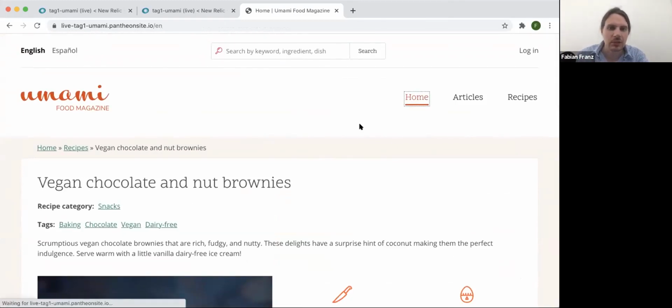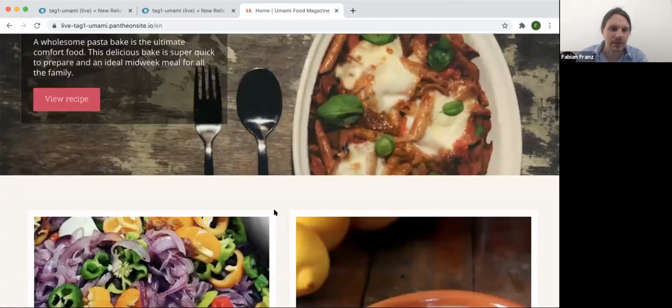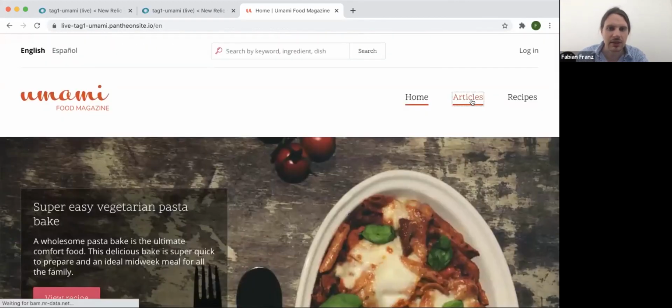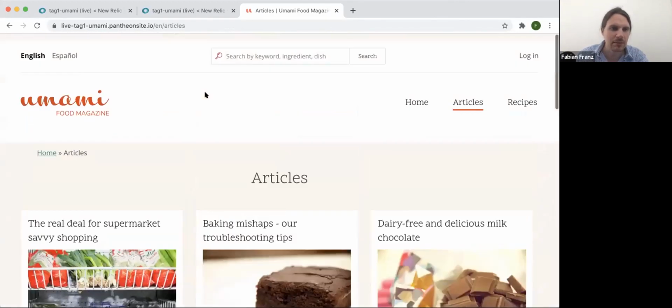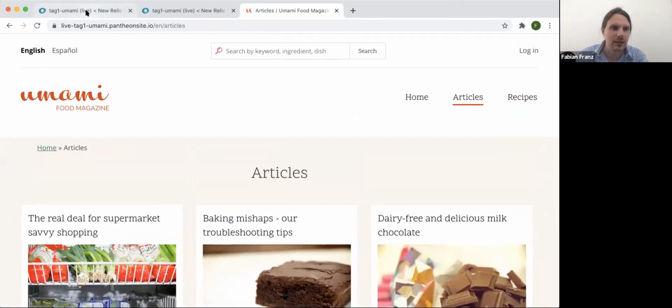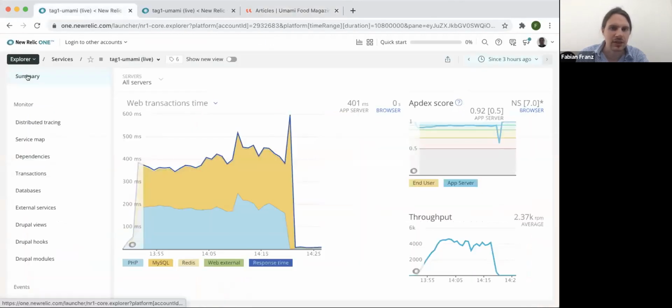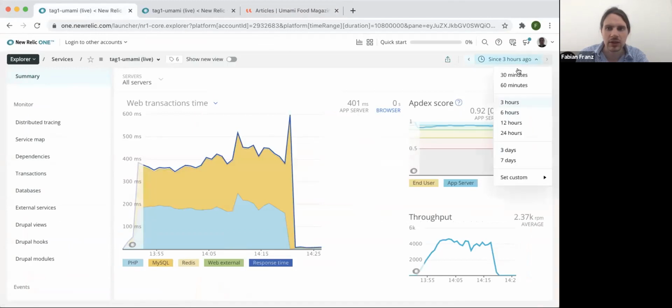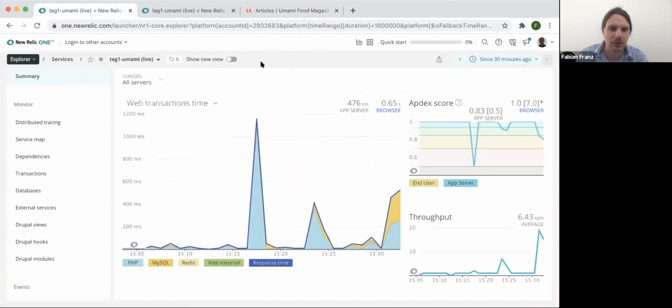And as you can see, we are now hitting the site already with quite some traffic, and the site is still performing pretty snappy. That's really great. Now let's take a look at how this all looks in New Relic. We're going to use this default view in New Relic here.